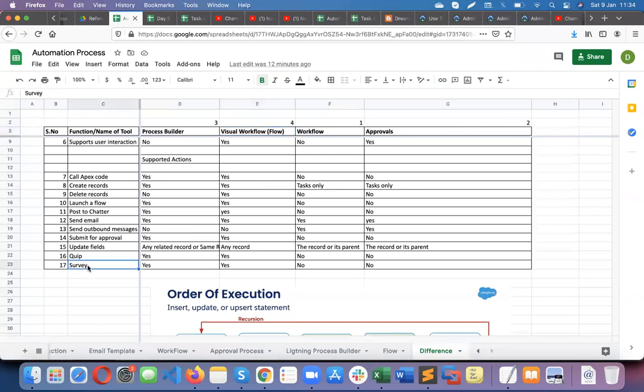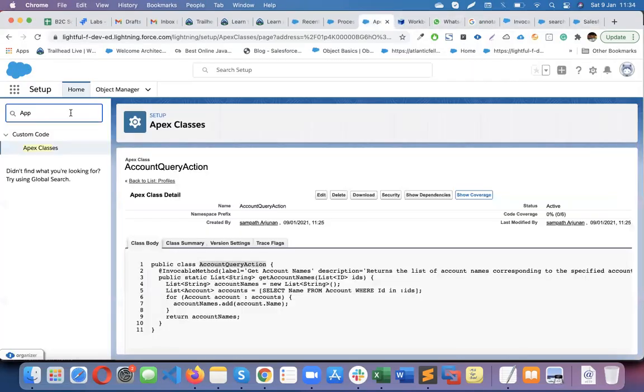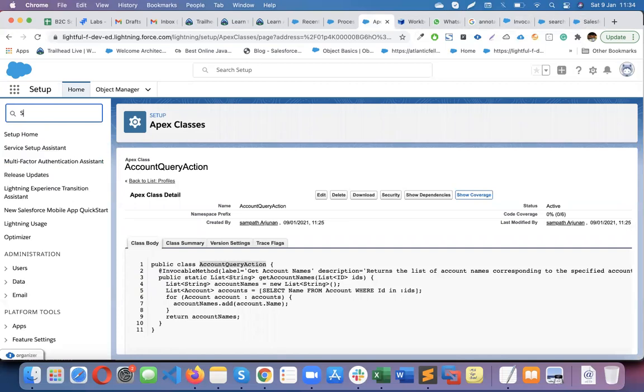Okay. So then, in a similar way, survey. You can use Salesforce to build a survey. We didn't discuss that. Again, it's a separate topic, I would say. So if I go for a survey,